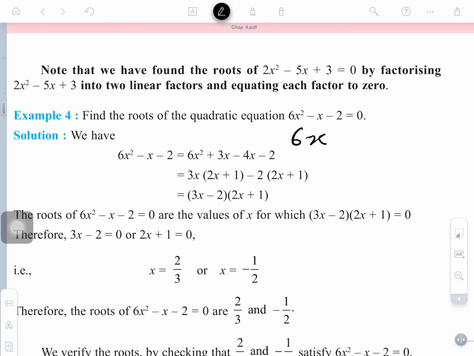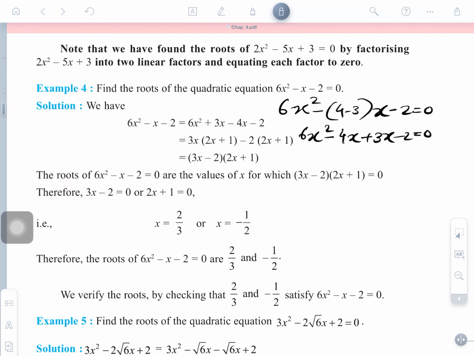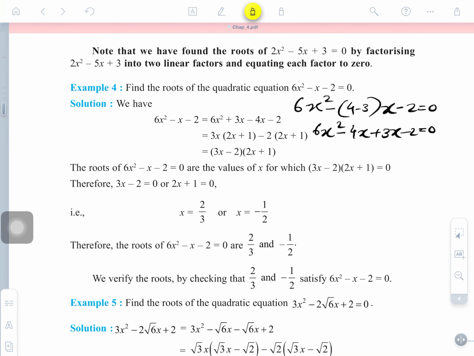So this can be written as 6x² − 4 − 3, and outside there x and 2 there also is equal to 0. Further it can be written as 4x² − 4x + 3 and − 2. Look, how many: it's positive, it's positive, it's negative, it's negative. Is that clear now? So out of them the different are positive, different are negative. So now further to solve here and obtain the answer.